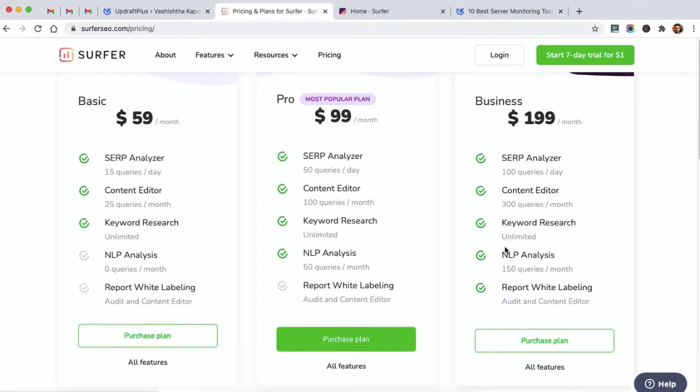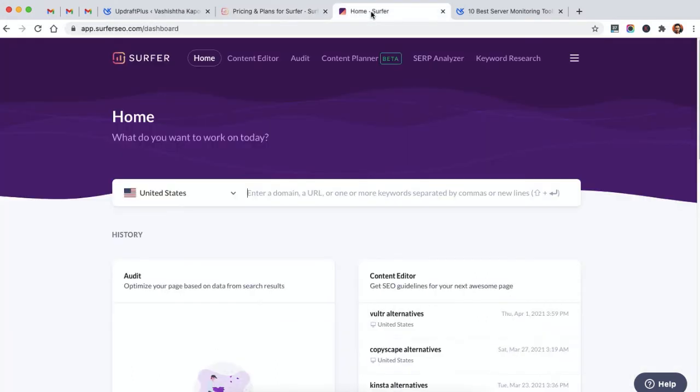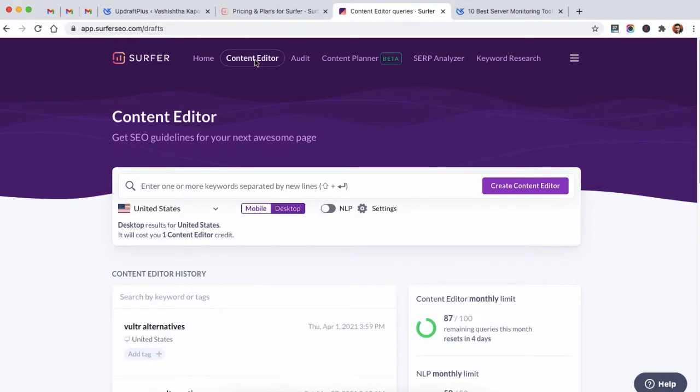Okay, let's go ahead and see how content editor works in Surfer SEO. I am now logged into my Surfer SEO dashboard, and on the top of my dashboard I am clicking on this content editor from the top menu. In my content editor dashboard, there is an input box where I can add my keyword.